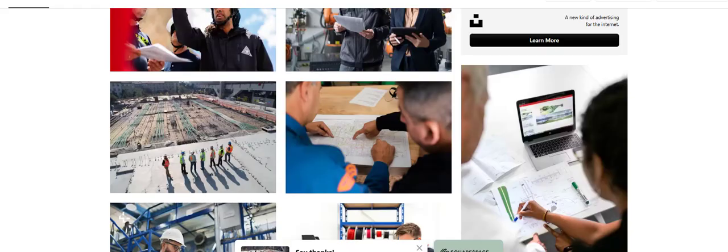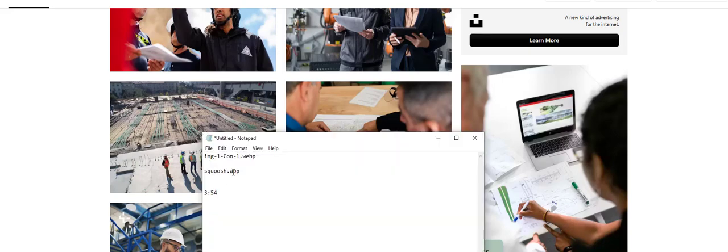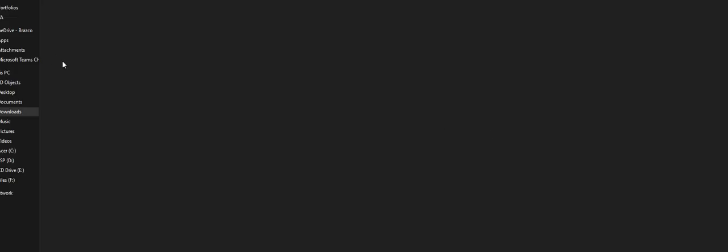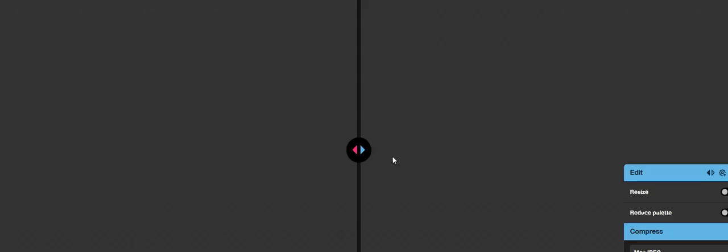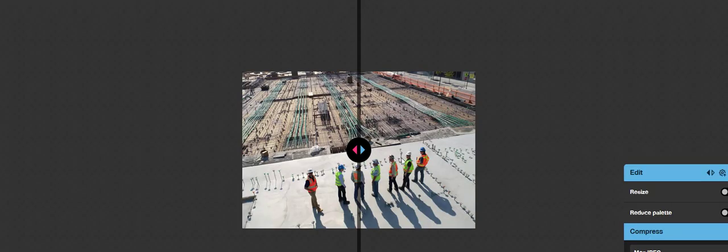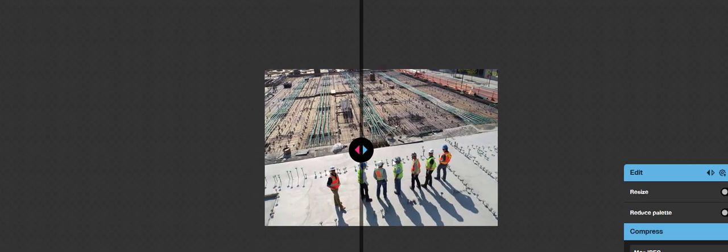If you want to reduce that, make it 200 KB. I suggest going to a website, this one. I will check that. And then you can compare.